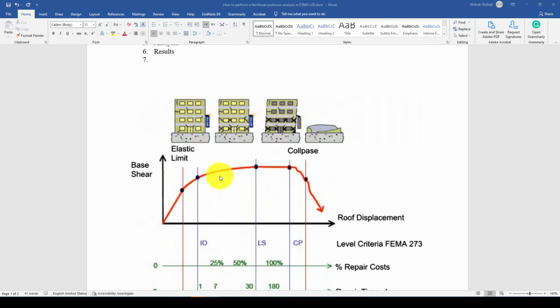The third one we call immediate occupancy, which is similar to this figure, where you can see significant cracks appear in the opening area, showing some sort of large damage or some fear for the occupants. So that means we call it immediate occupancy. And the fourth part we call life safety, and this is